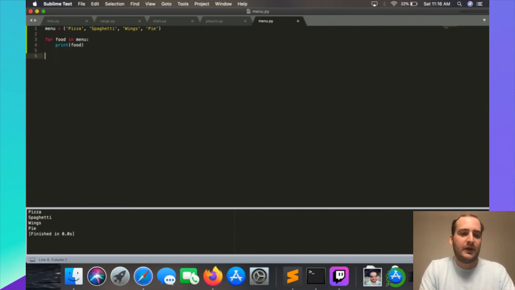Now it wants us to modify that menu to have some things change. So let's say we no longer serve spaghetti. So we do pizza, wings, pie. So we've run out of spaghetti. People keep ordering it. So whenever for food in menu now, whenever we go to print it,